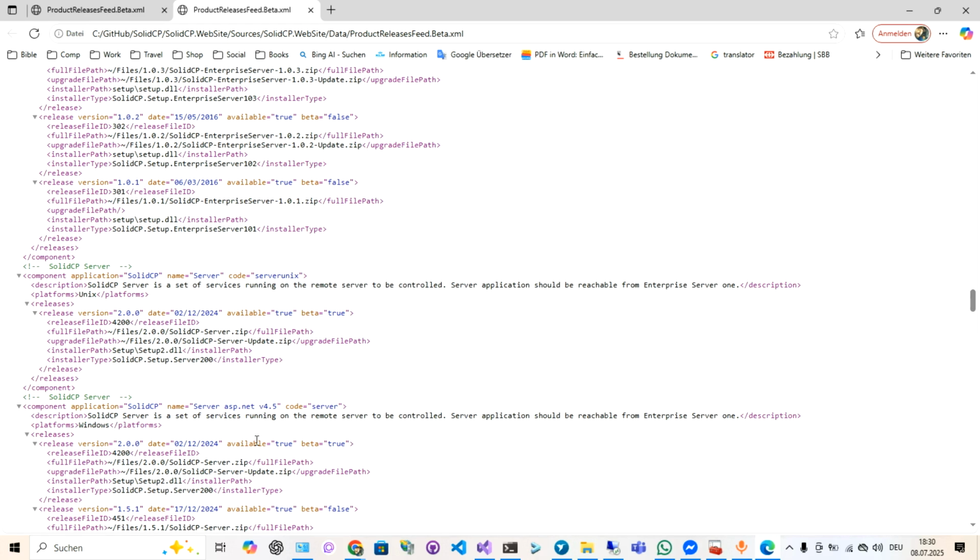So this server here, server ASP.NET v4.5, it only is for Windows. And then we have a server component that's only for Unix. Here we can see it's only for Unix. So actually, it's the same file, SolidCP server zip, and here also SolidCP server zip, but